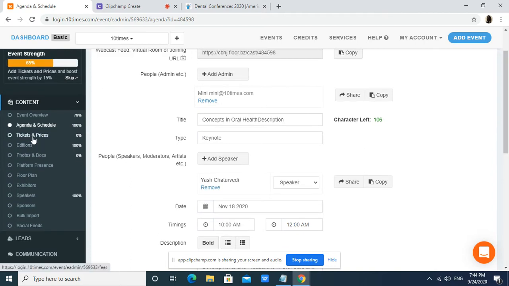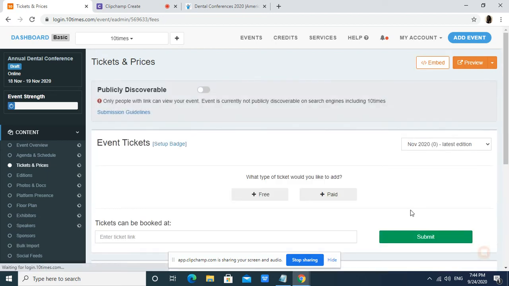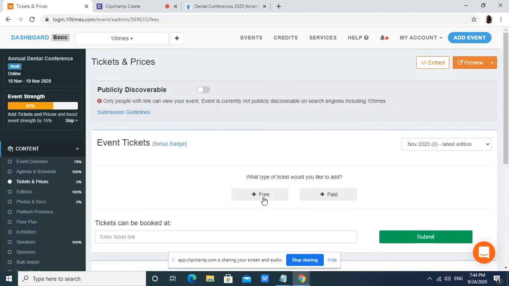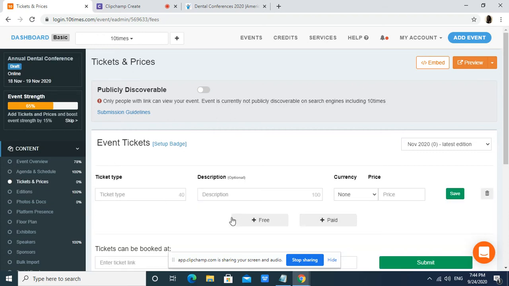Moving forward, you need to add ticketing and pricing for your event. So let's say if it's a free event, then you select free. If it's a paid event, then you select paid from here and type in these details about it.